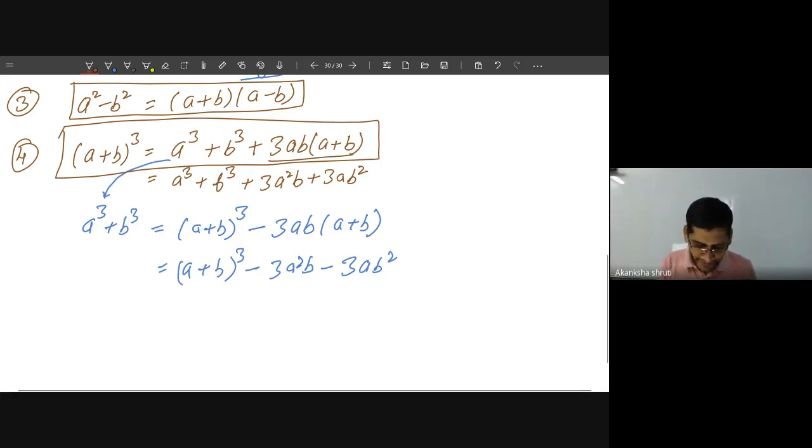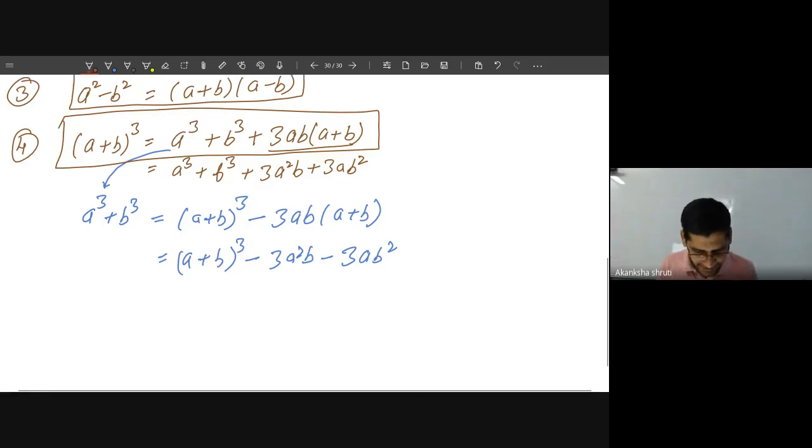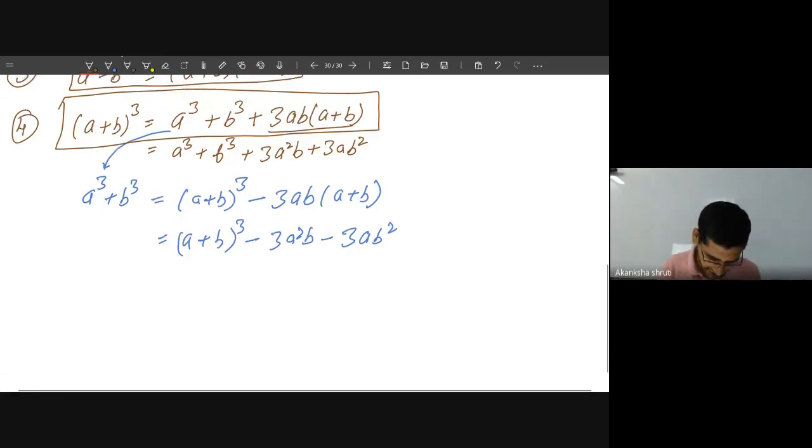Student, in place of plus, if there is a minus sign, then how is this identity? Let us write that one also. If there is (a minus b) whole cube, student, apply the concept of getting (a minus b) whole square from (a plus b) whole square. What were we doing? We replace b by minus b. So this can be obtained. In place of a, we write a cube itself. In place of b, I have to put what?